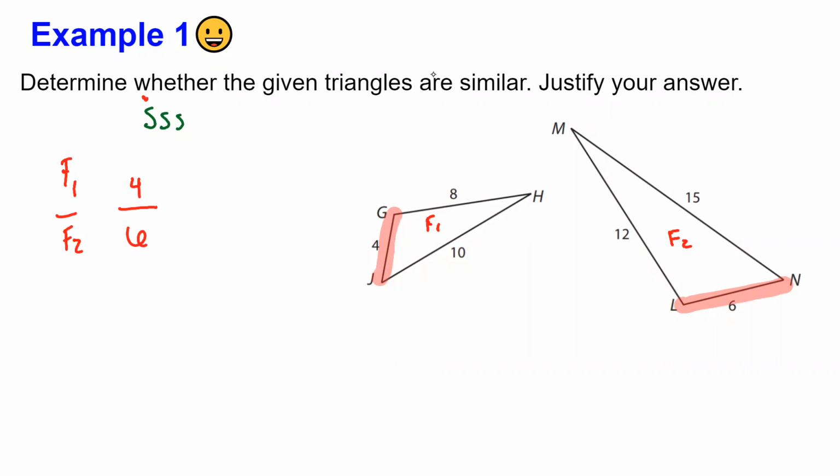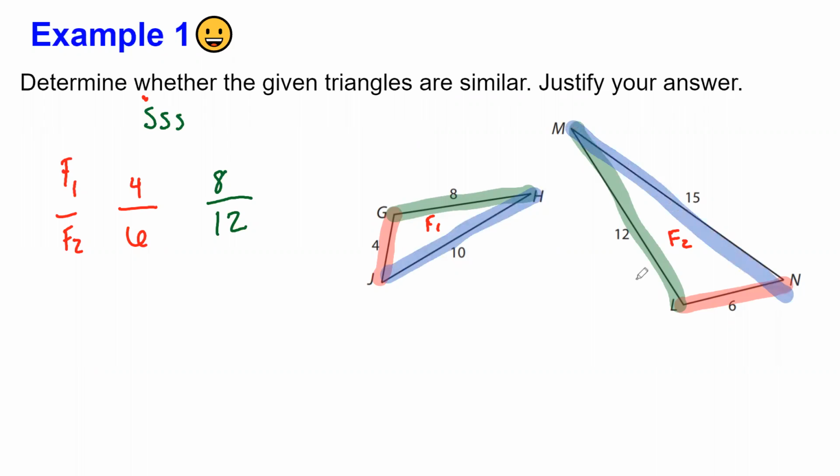Now let's do the next side. So we have, let's see, GH now. This one should be corresponding to 12, or LM. LM, there you go. Let's create our proportion, 8/12. And the last one, let me do this one in blue. HJ should be corresponding to MN. Okay. So this one is